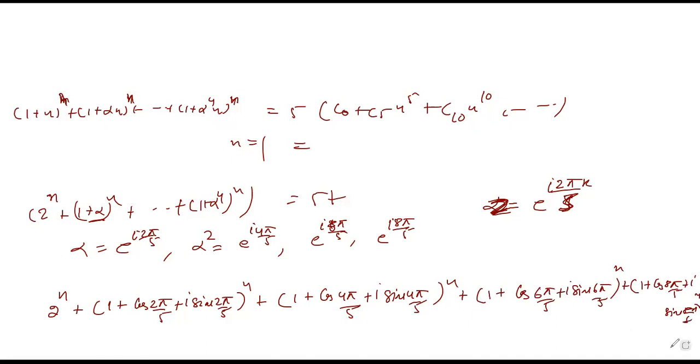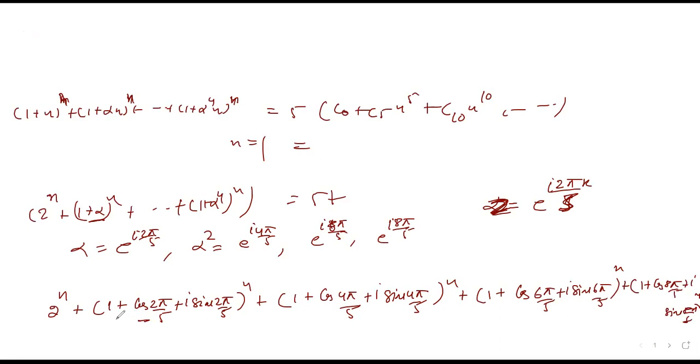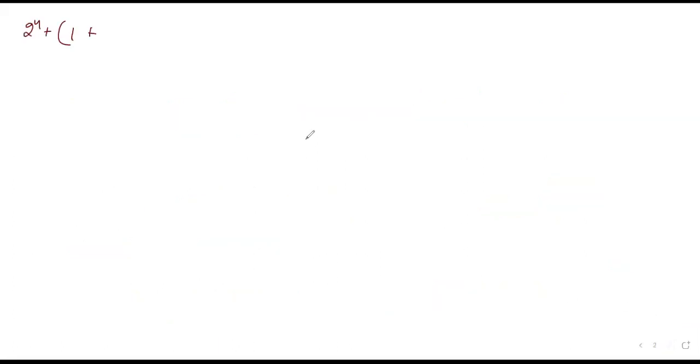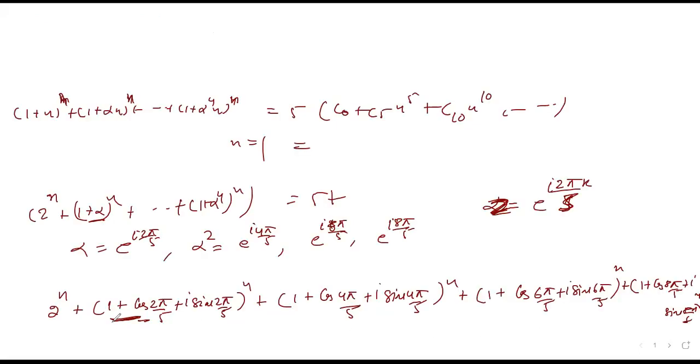Now see how to solve them. First will be 2 raised to the power n plus 1. See, I can apply the formula: what is 1 plus cos 2 theta? 2 cos square theta. And what is sine 2 theta? 2 sine theta cos theta. So 1 plus cos 2 theta will become 2 cos square pi by 5 plus iota 2 sine pi by 5 cos pi by 5, whole raised to the power n. What did I do? 1 plus cos 2 theta, that is